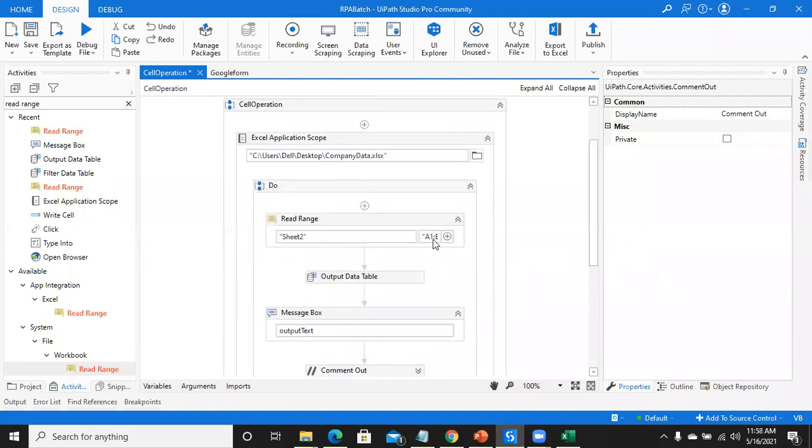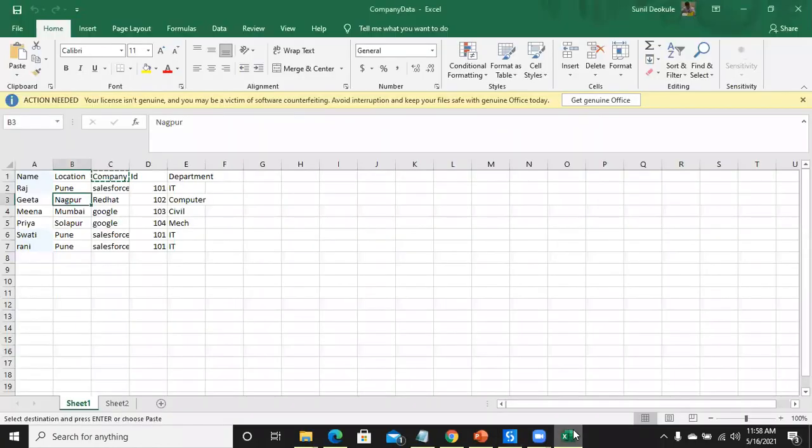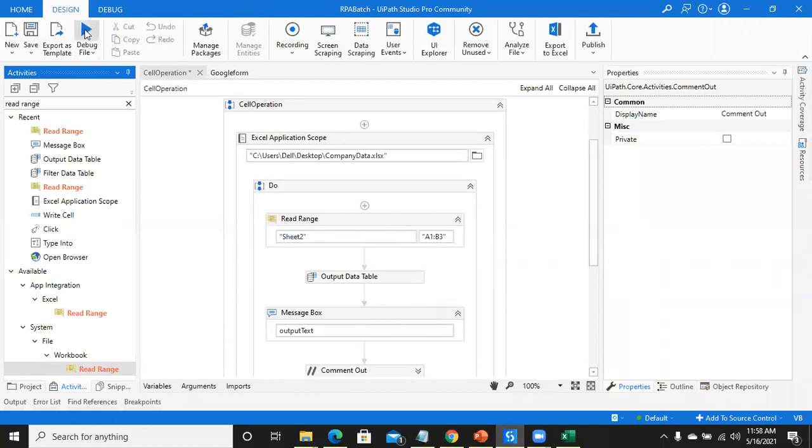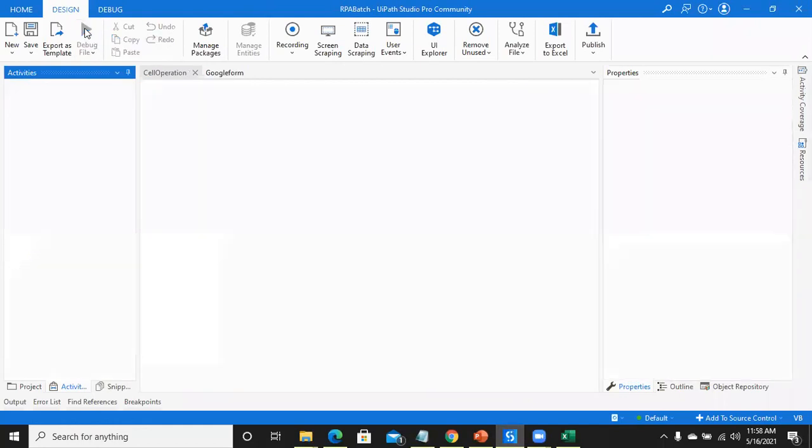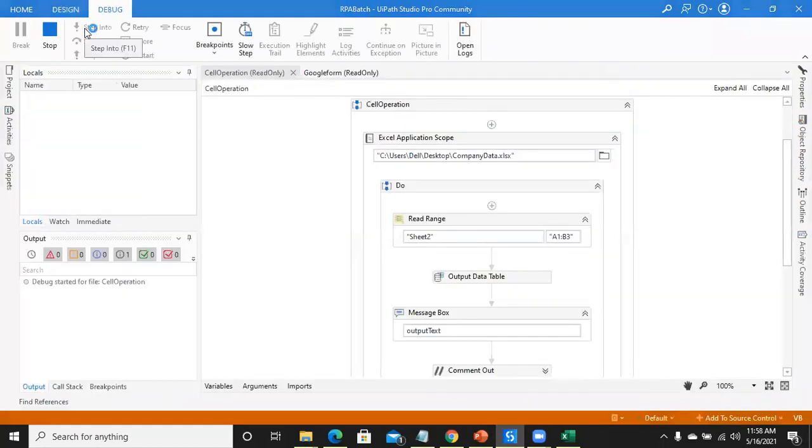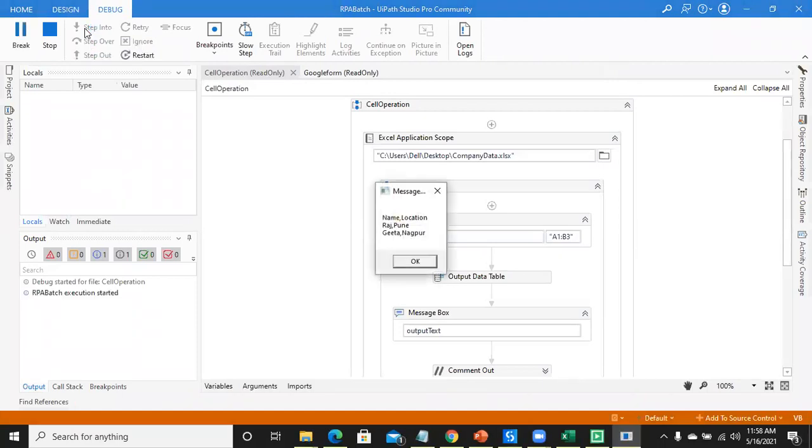What I have given is A1 to B3, which means my range will be only this. Now let's see the result. Understood? We have only 6 values: name, location, Raj, Pune, Geeta, Nagpur, only these.